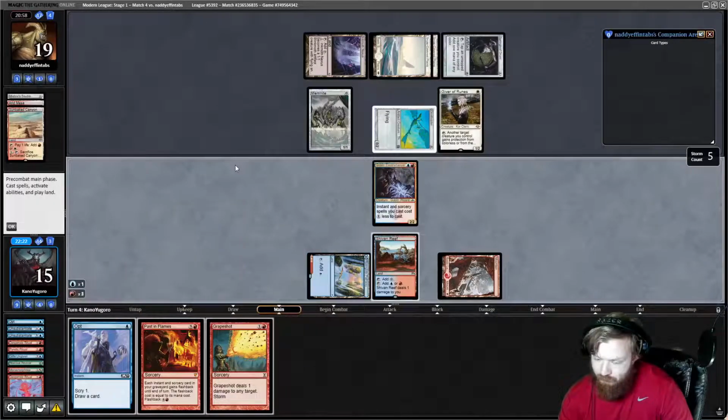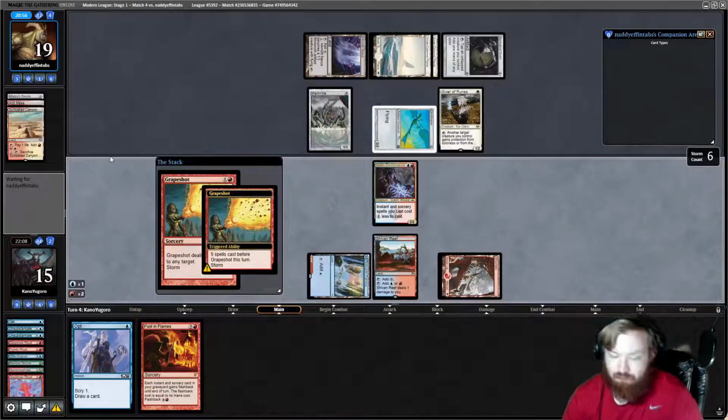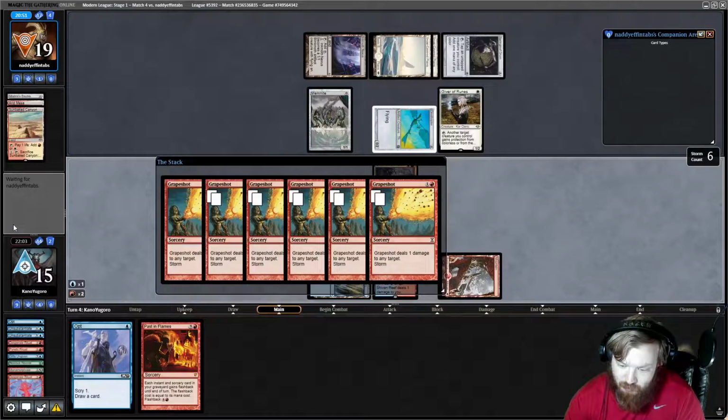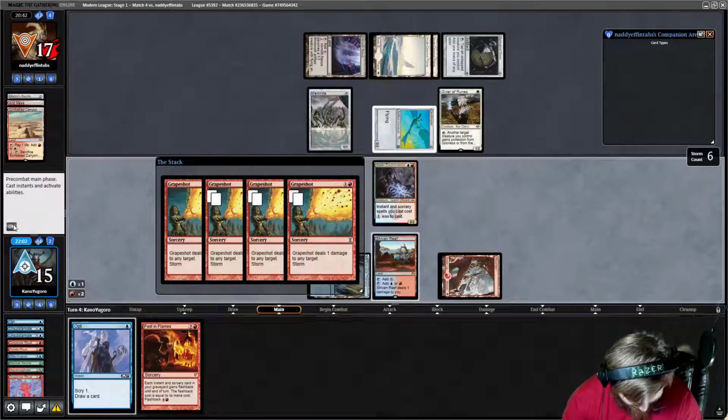Desperate Ritual. Past in Flames costs 3... So we can either Grapeshot our opponent or Opt first. And honestly, just Grapeshot's probably good enough. Same targets. Okay, shoot our opponent for 6. And then...